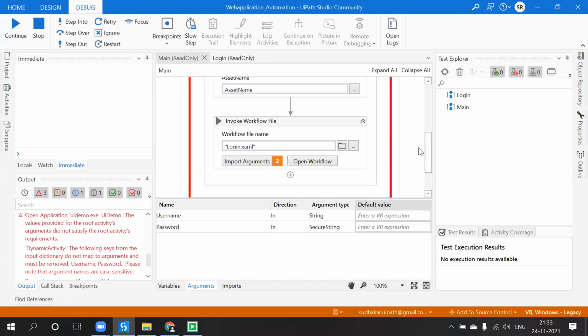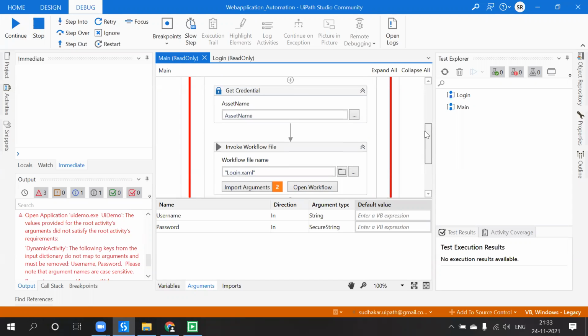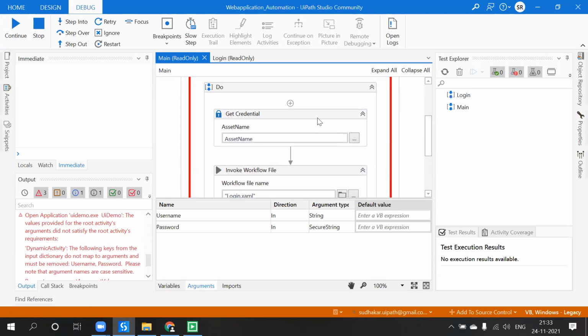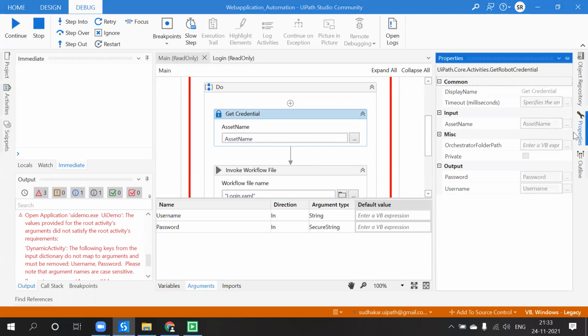Here also, password, and then username. Argument names are case sensitive.